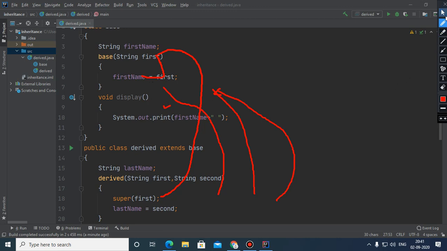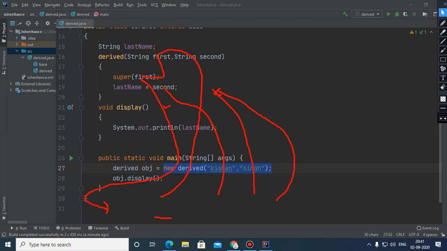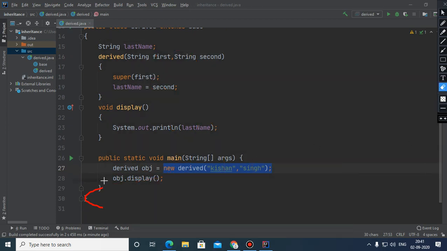After that the control comes back at this point, storing this variable's value in the last name variable. And after this, control comes again to the main method for executing the rest of the code.